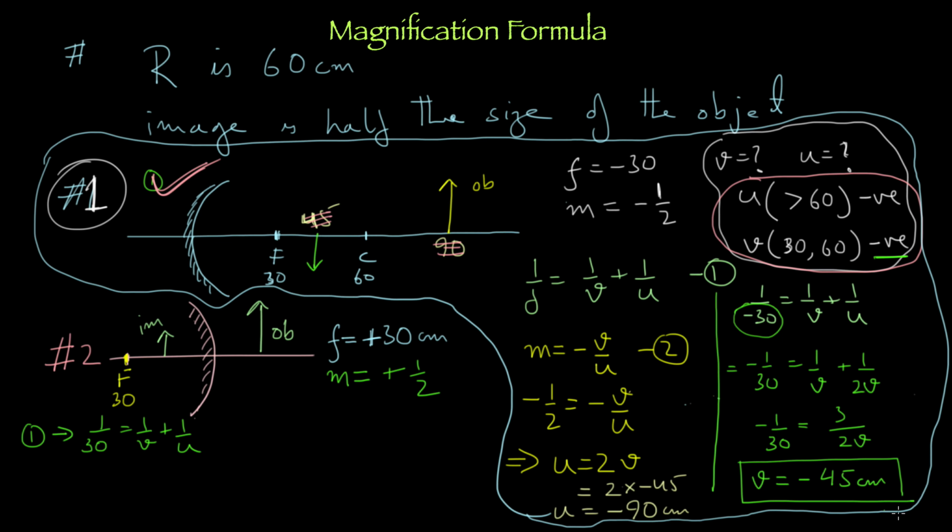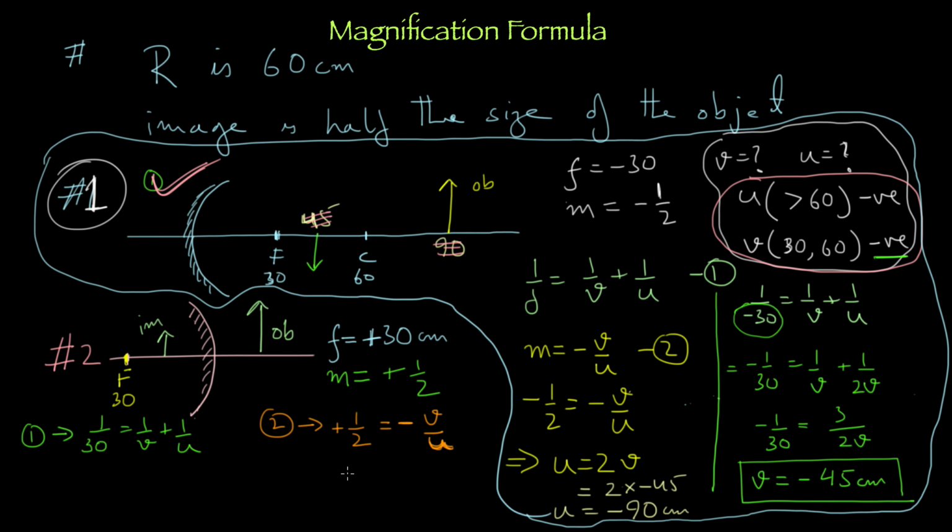What about equation number 2? Minus V by U is equals to 1 by 2. Yeah, a plus 1 by 2, which was your magnification, is minus V by U. This was the formula itself, right? Be careful. People start having their fancy notions about this minus and all, okay? This is the formula, okay?